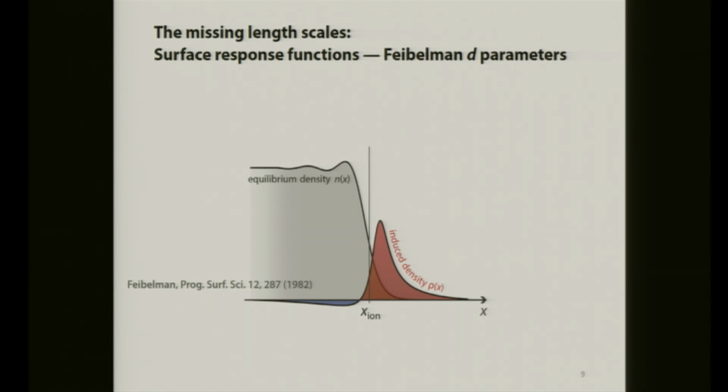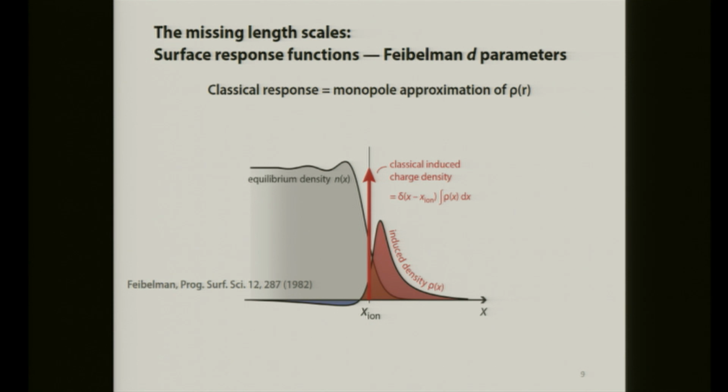But if you think about what classical electromagnetics does, it assumes that there is a sharp step function at this ionic interface. And if you apply optical excitations to this interface, you have induced polarization. And again, classical E&M assumes that this induced polarization is a delta function located exactly at this ionic interface. But in reality, quantum mechanics tells us that the induced polarization actually has a non-zero spatial extent, and it may deviate from the ionic interface.